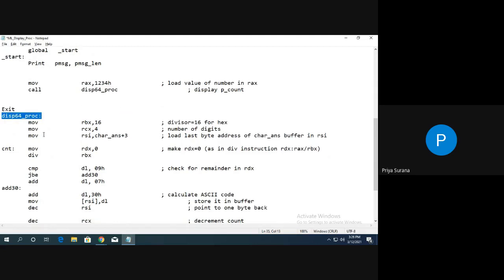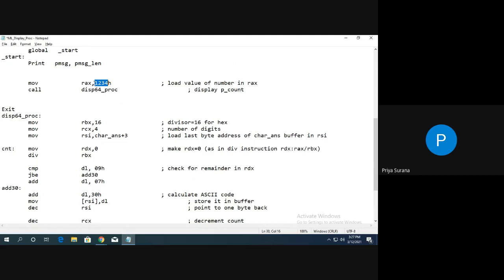What next things are given, very important things which we are supposed to check here. When you want to display any number in assembly language, each digit of that number should be converted into its ASCII hex.